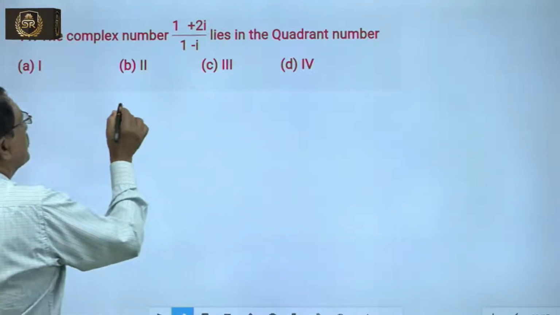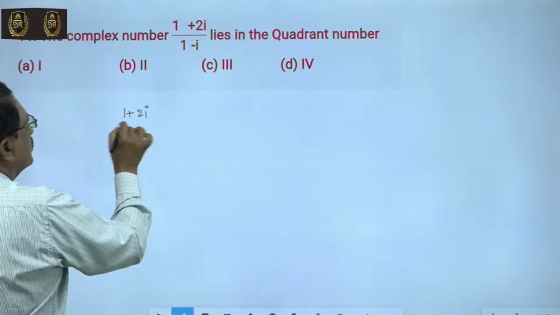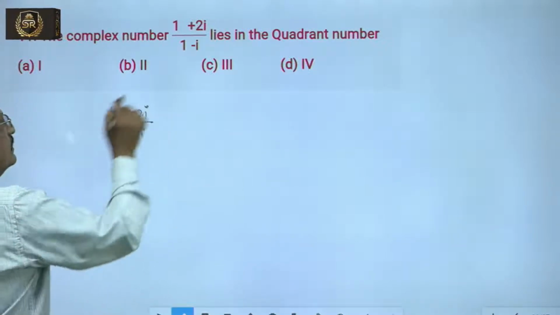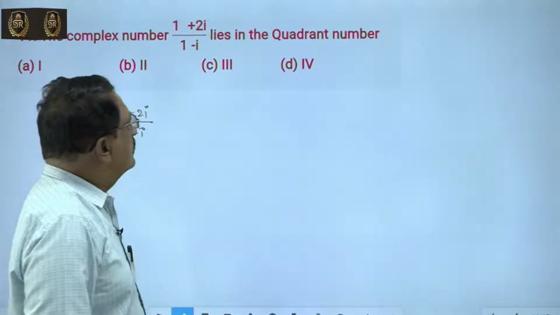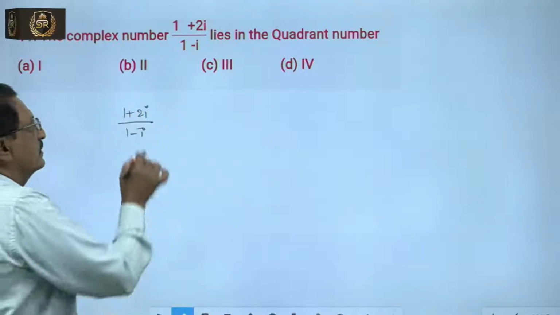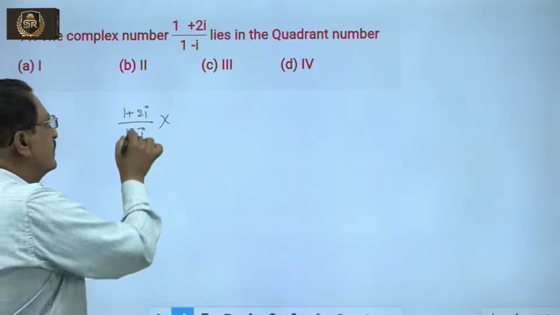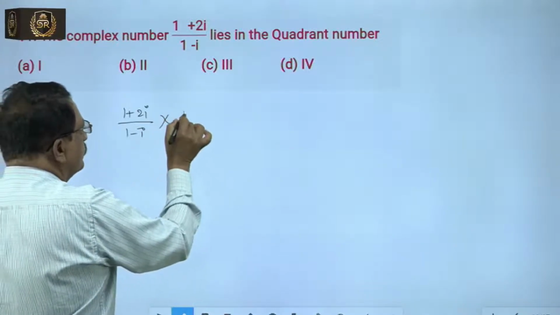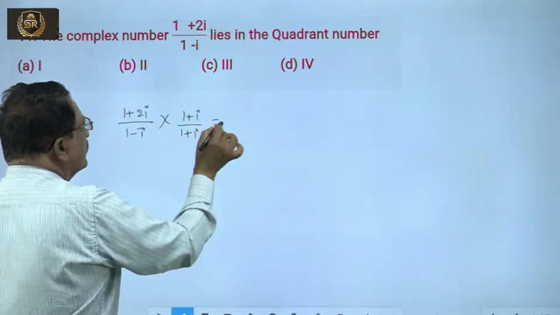The complex number 1 plus 2I by 1 minus I lies in which quadrant: first quadrant, second quadrant, third or fourth. Now 1 plus 2I by 1 minus I is the given complex number. Now multiply by the conjugate of the denominator, 1 plus I by 1 plus I, that equals to